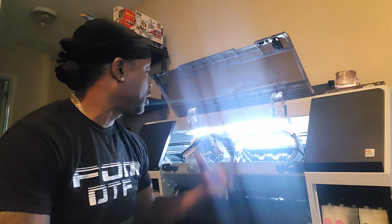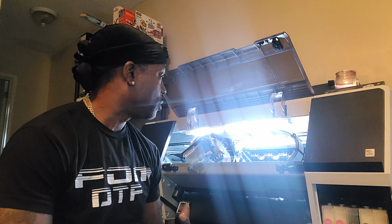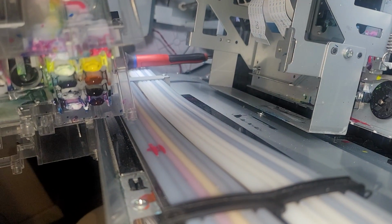So let's put this print head on and see what type of traction we can get, because you guys see this whole process is tedious, and you guys get the drift. So let's go ahead and see if we can do this together. So let's go back up in here. We're gonna set this to the side,